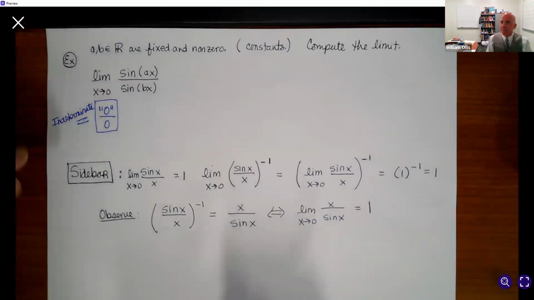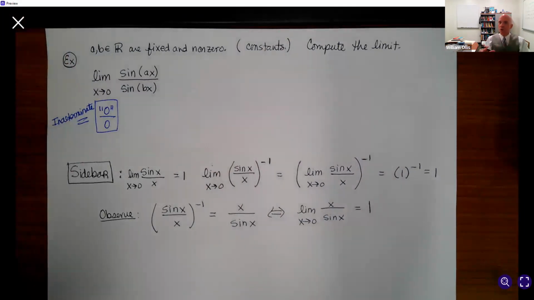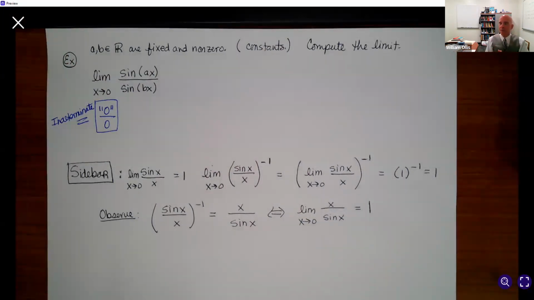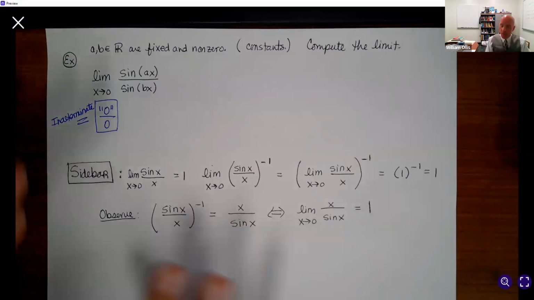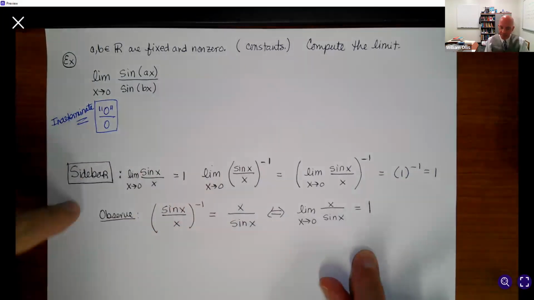And that has to make sense. If a function is approaching 1 as x approaches 0, then its reciprocal has to do the same thing. Because we know if we reciprocate values that are approaching 1, we get the same thing. There's no difference there. So the beauty of the composition result is that now we can apply this sidebar to